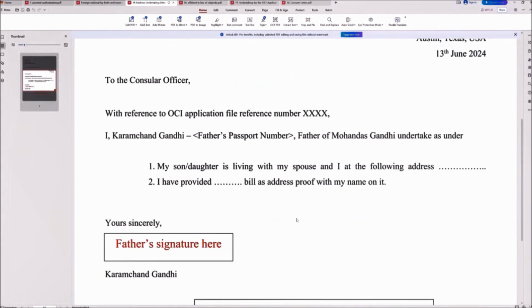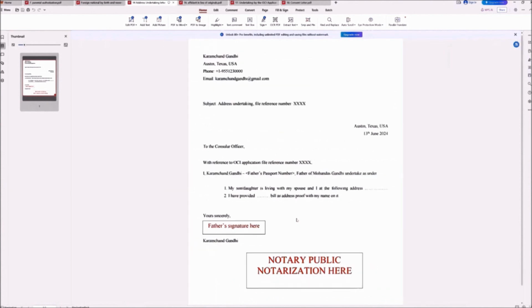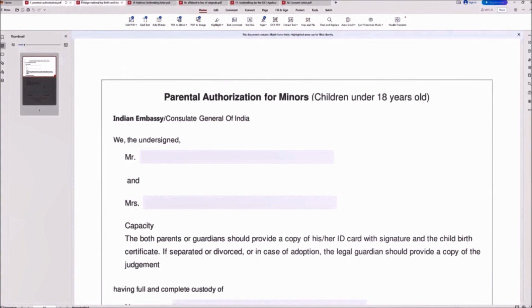So this is the address undertaking form. You need to write this document by yourself and take the notarization